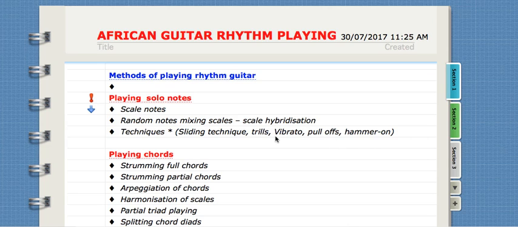we're going to tackle techniques in their own right. This is a very big topic. Guitar techniques, it's a very big topic. So I'm going to reserve another series for techniques that are used on the guitar. But just to give you a feel of what I'm trying to say here, if you're playing some trills, for example,